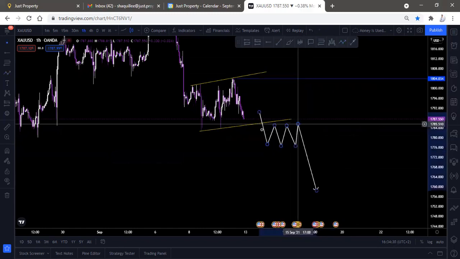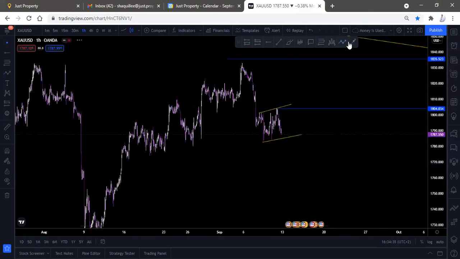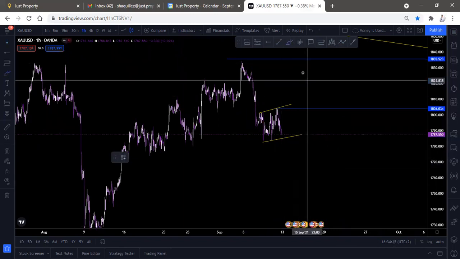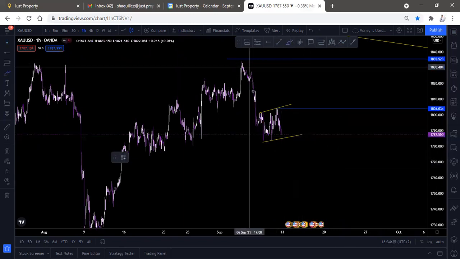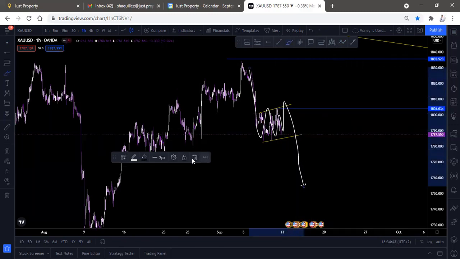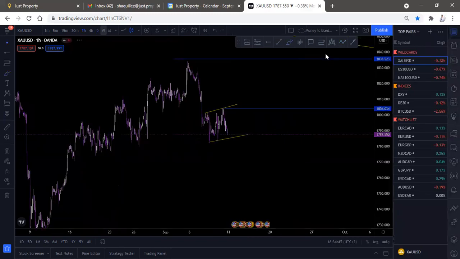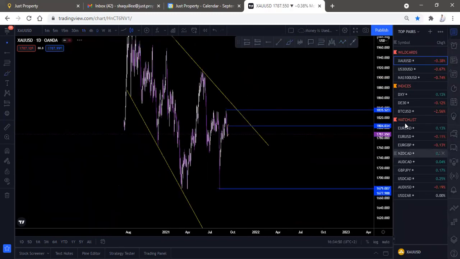So yeah, that's what I have on gold. But as you can see, it's picture perfect. That impulse, correction, anticipating the impulse, right? So we're going to be on our waiting games. Anyway, let's move on.